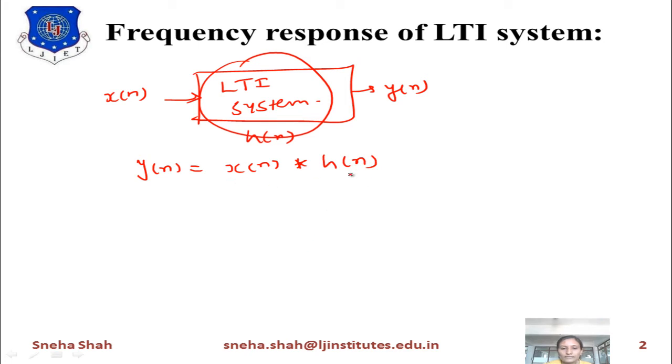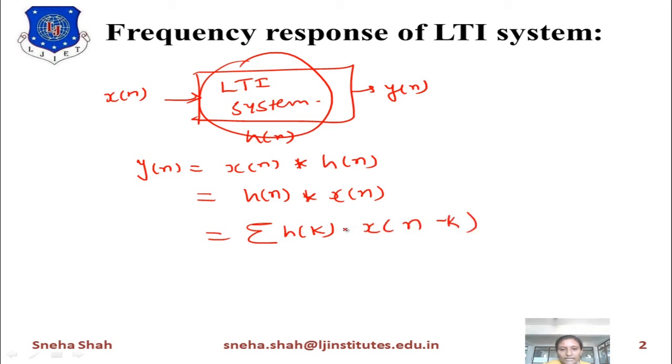You know this term, right? Now by using the commutative property of convolution, we can also write this term as h of n convolved with x of n. So there is no change between these two terms. Now if we write the equation of this term, it is a summation where the first term stays as it is with a dummy variable, meaning instead of n we write k. The other term is folded, meaning we write minus k. Then shifting means plus n, multiplication, and at last we do the summation.